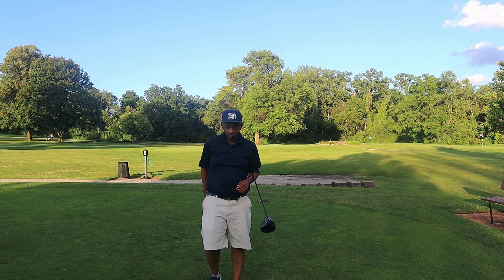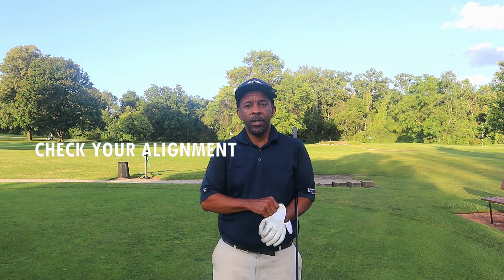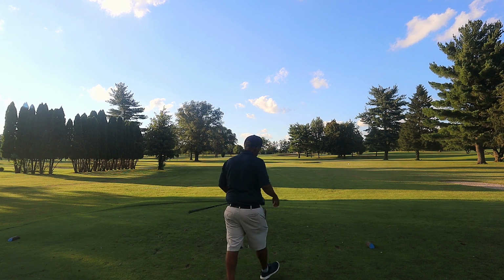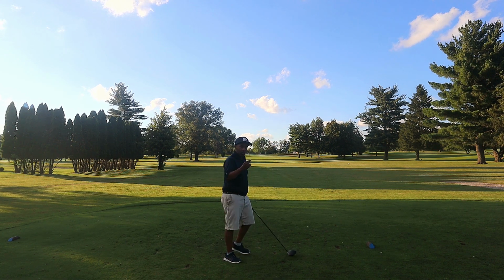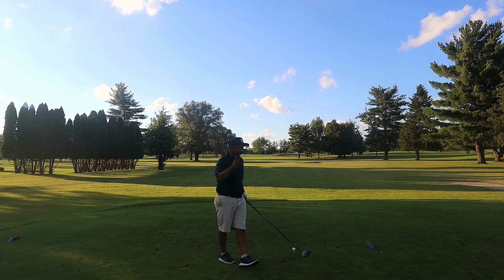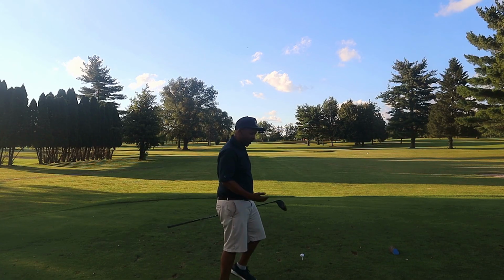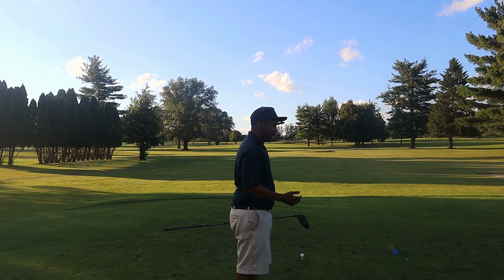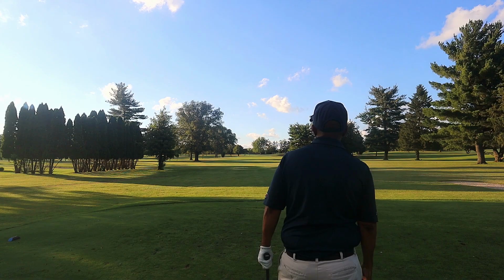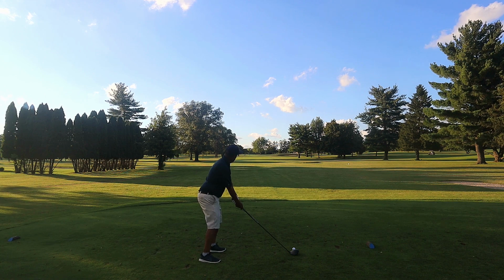Another tip when you lose your swing, probably the first thing you should do actually, is check your alignment. You know, golf is a funny game, and I really feel like today, during this round, I had trouble with my alignment. I was taking extra looks up and down and moving my feet a little bit more. Instead of just settling in, getting behind the ball like I normally do, picking out my target, getting up, taking a couple looks,